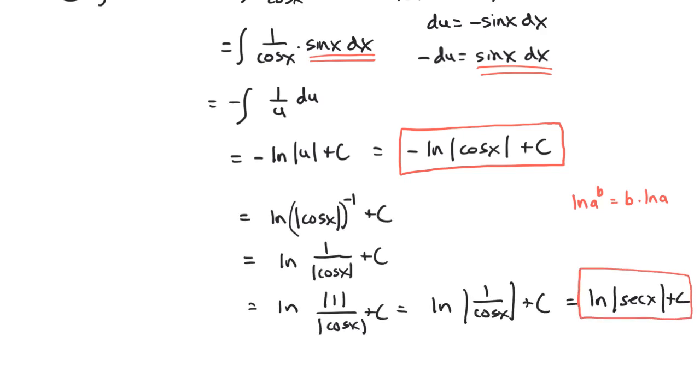And this is kind of a 50-50 thing. Some people like this better because it's positive. Other people say, yeah, but I don't like secant. I'd rather have sines and cosines, so they like this better. Both of these are fine, but you should probably on your integral sheet write